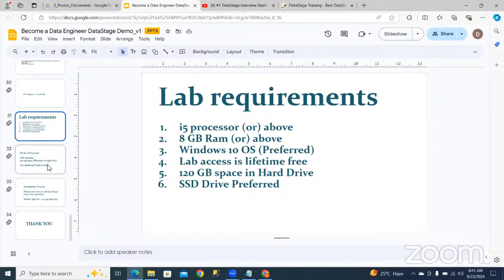For the lab, for an i3 with 8 GB, I think a 256 GB SSD is enough. But you need to partition your hard drive, as 100 to 110 GB of space is required. So regarding the lab requirements, check with your PC or laptop, and you can reach out to me if you have any conflict regarding your system configuration.